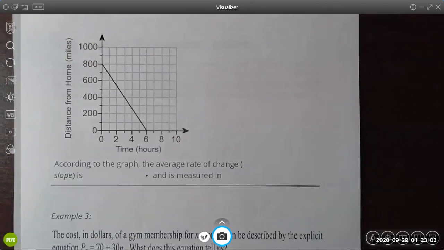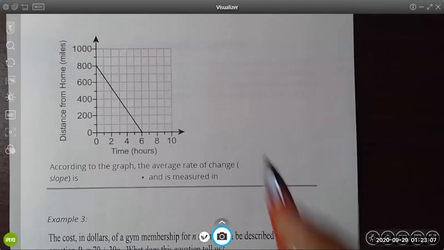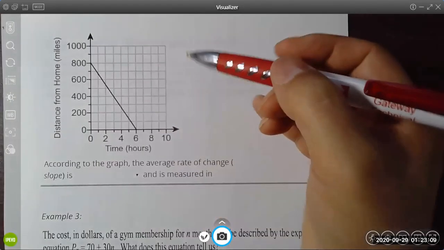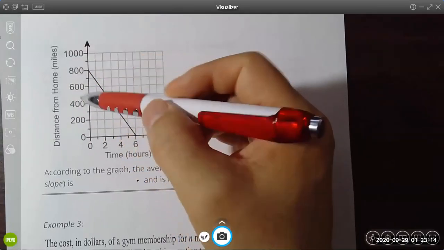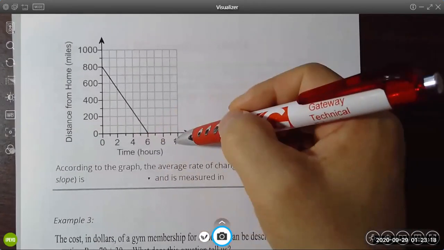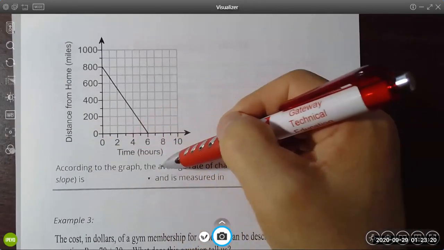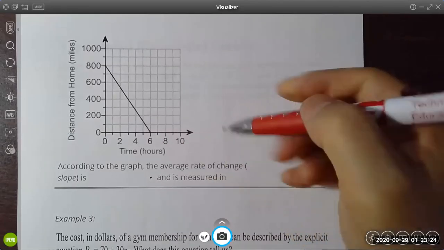Okay, we have another one. So there's 2 more examples for this video. Second one, this is the exact same graph, just different questions. So this really represents distance from home. And this is the time in hours. According to the graph, this is the question. According to the graph, the average rate of change,